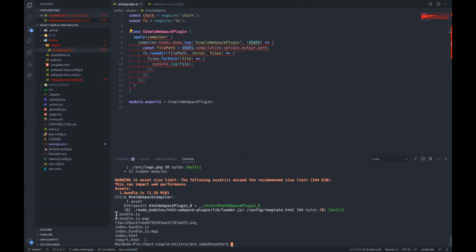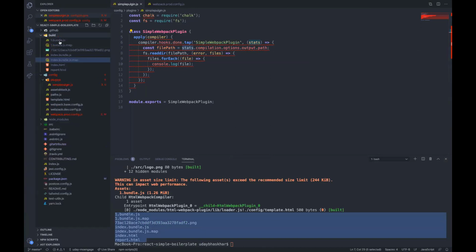You see, whenever I read it, it generates a set of files. If you see the build, it has read all the files and it has told me these are the generated bundles. So if you want to add a very simple bundle analyzer, I'm not showing a very complex one, I'm just going with a very basic one.